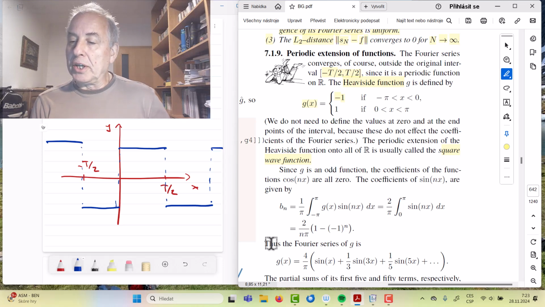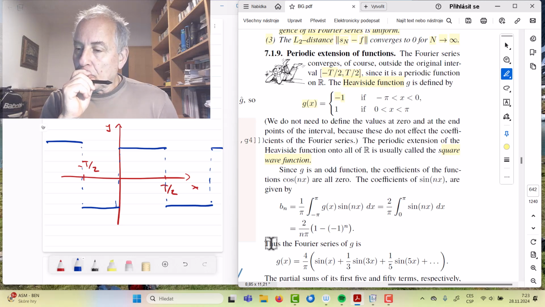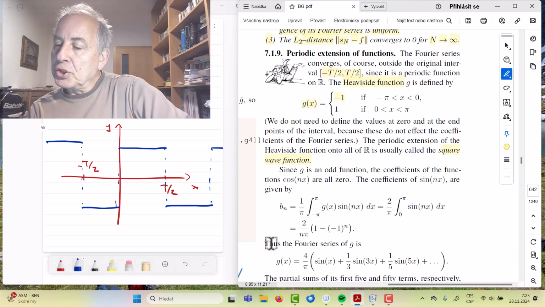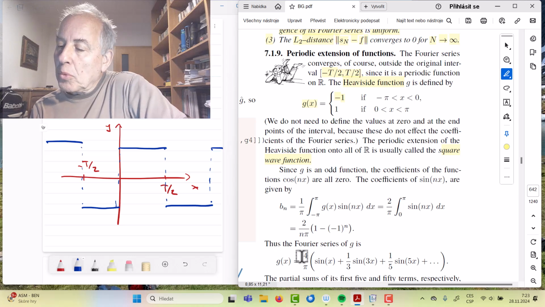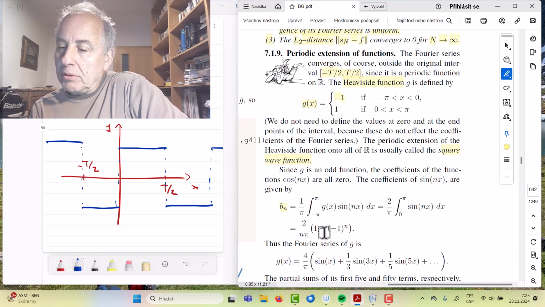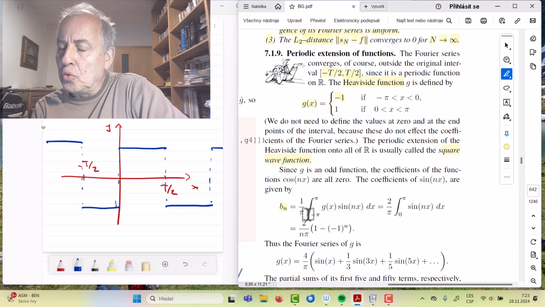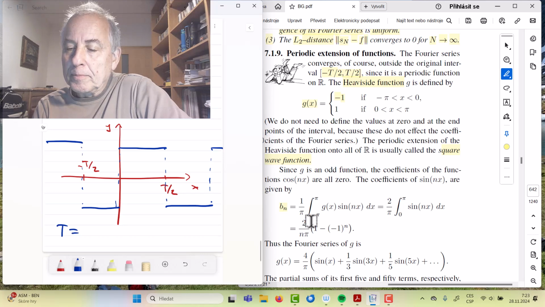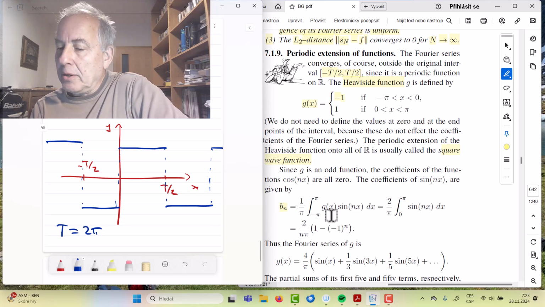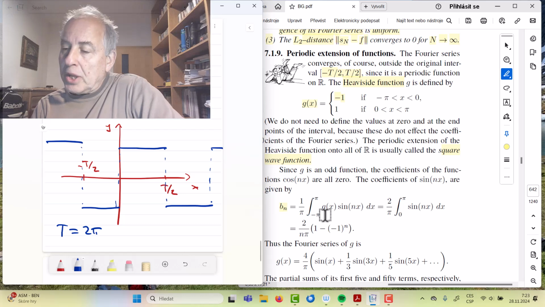What we obtain is the bn as the integral. I just took T equals 2 pi right here for the computation. So we go from minus pi to plus pi,